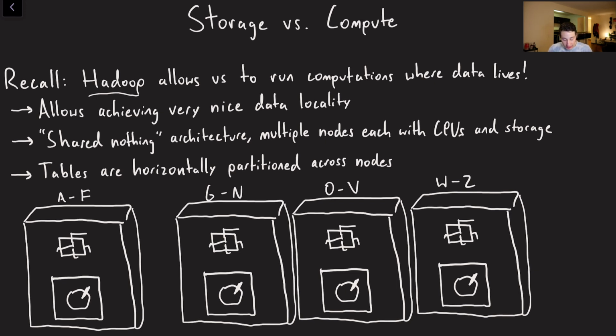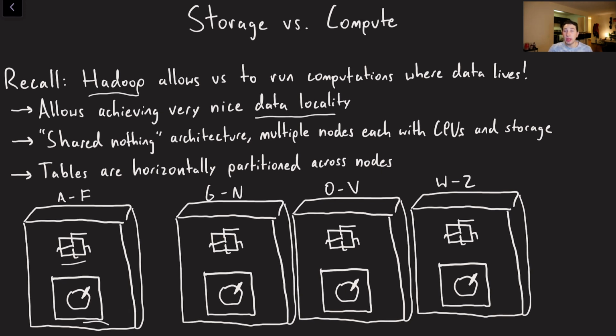CPUs and disks co-located, right? So for example, we've got a server over here, it's got a CPU, it's got a hard drive. What that allows us to do is, if we have a bunch of data stored in files on that server, we can just go ahead and run computations locally. And that's going to allow us to achieve very nice data locality. So when your network links are slow, you can get a lot out of this, and you can perform things like batch computations. If we're running MapReduce jobs or Spark, it's very beneficial to be able to push that computation towards where the data lives.